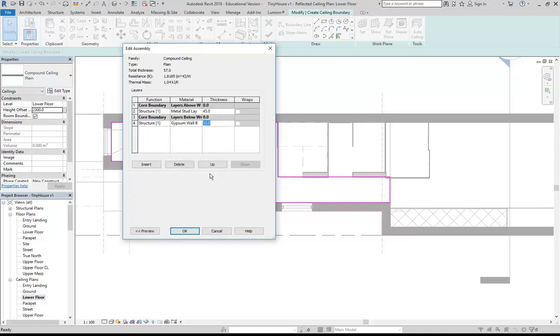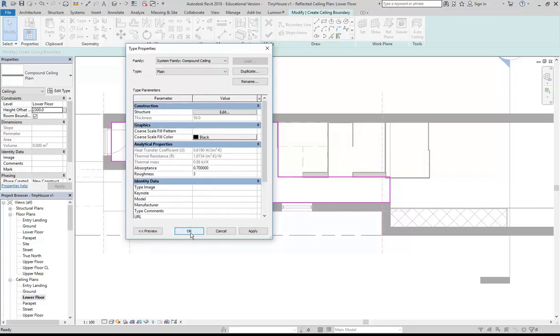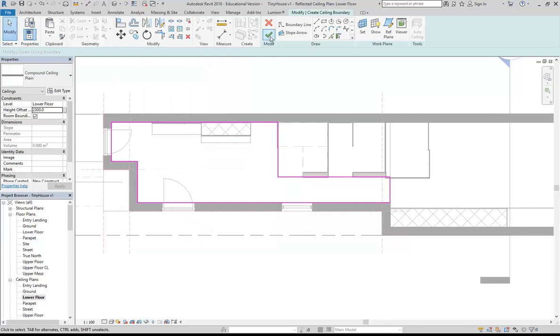So I'm going to make that lining 10 mil. The gypsum wallboard is the underside of the ceiling. In Australia, it wouldn't be that; it'd be Super Seal plasterboard. Super Seal is a product name, that's Gyproc, but it's basically plasterboard, and so it can be 10 mil. And then the structure, I'll just make that 40. So altogether that adds up to 50, and that's my new ceiling thickness. So I'll click OK, click to finish,